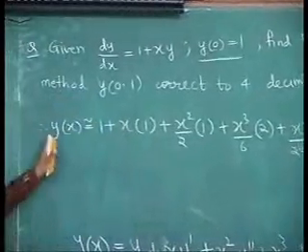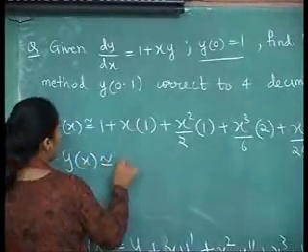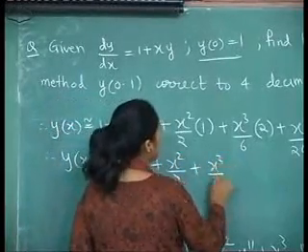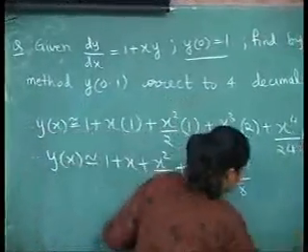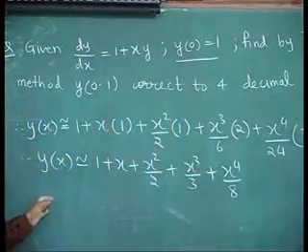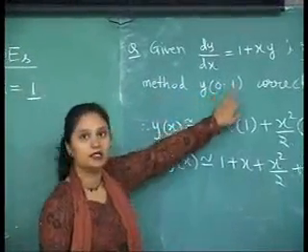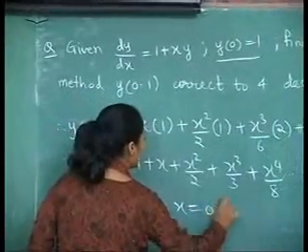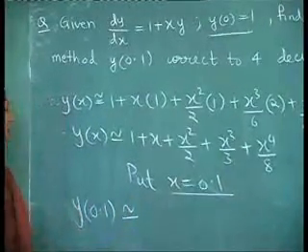So approximately y of x should be so much. That means y of x is approximately 1 plus x square by 2 plus x cube by 3 plus x raised to 4 by 8. So this should be the approximate value for y at x. Now there isn't much left to the problem. We are interested in finding the approximate value of y at 0.1. So put x equal to 0.1 in this. That means y at 0.1 is approximately equal to